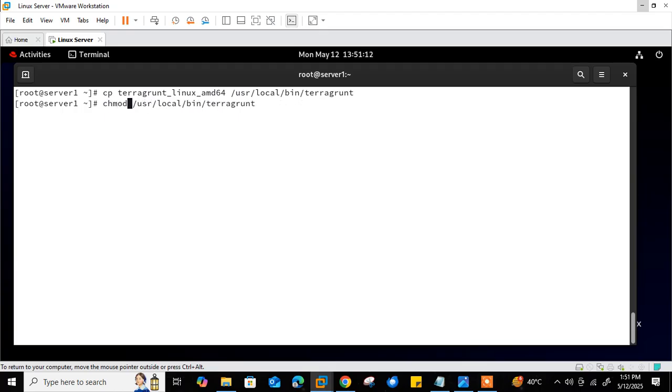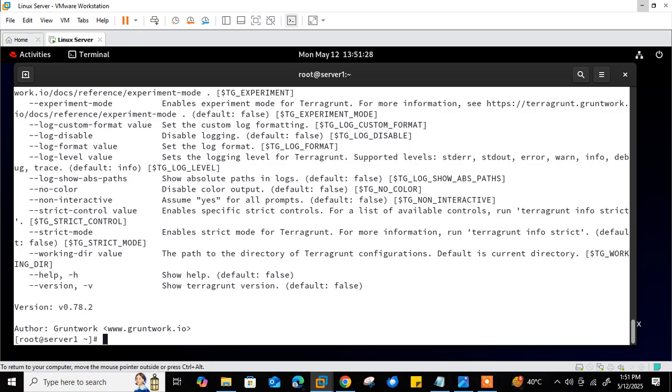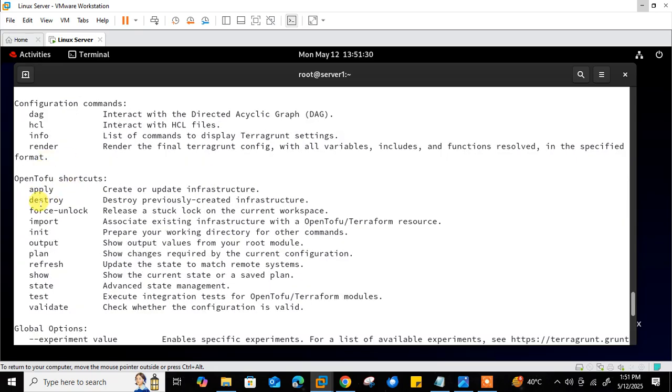Run the command chmod +x, and Terragrunt is available. Let's check the version. See, the version is there, and if I go --help, commands are also available. That's cool. So we have apply, destroy, force, import, init, plan, refresh, all things are available. So now both tools are successfully installed.